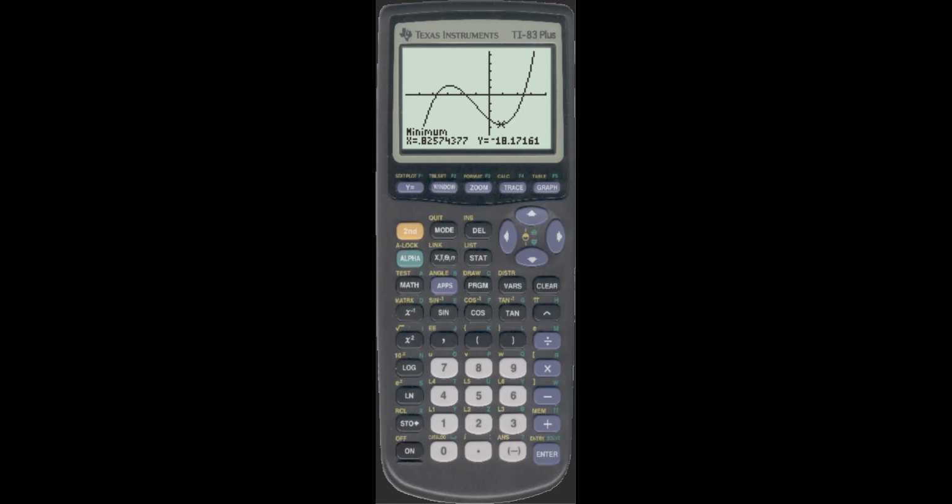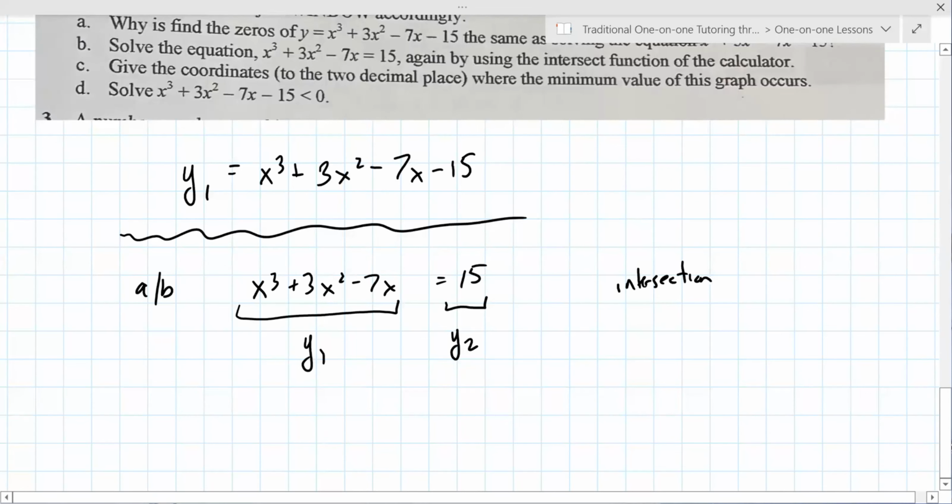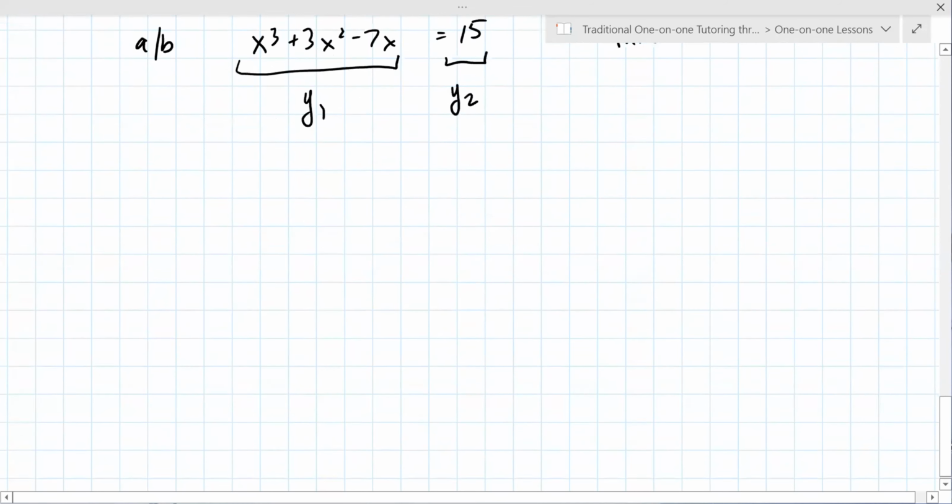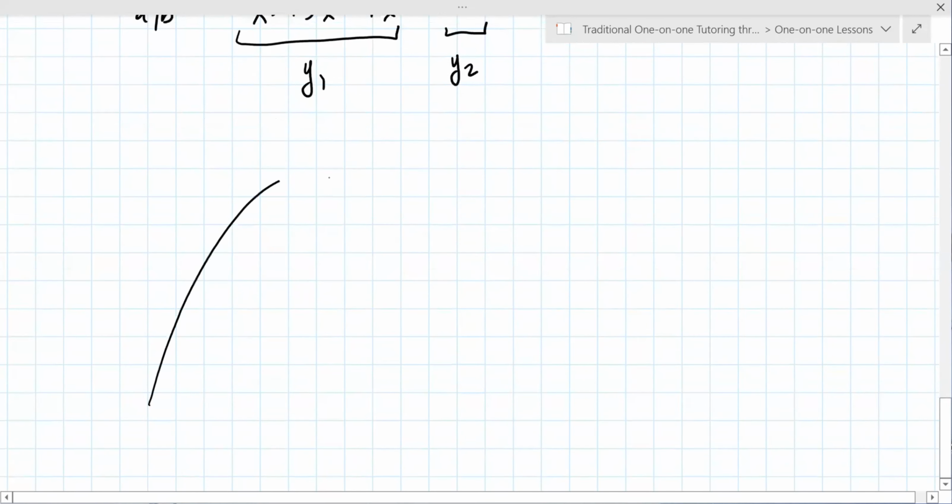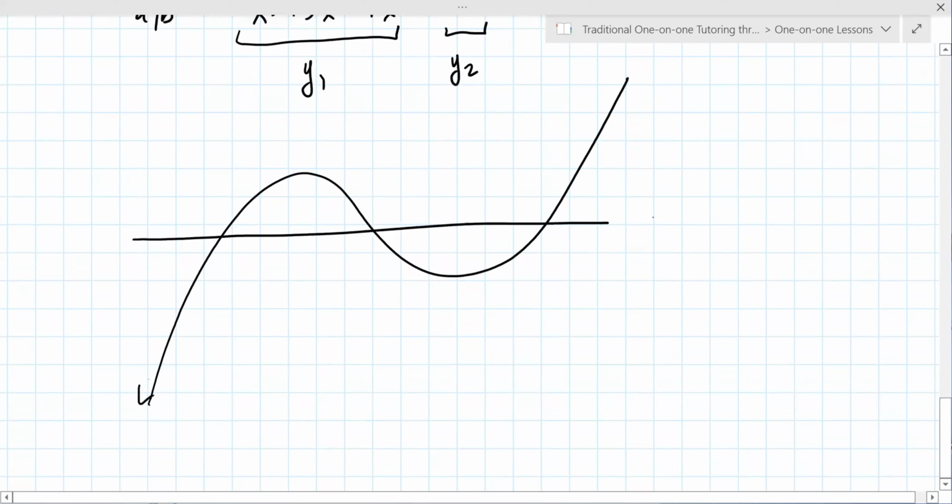Okay, so then the next, and I'm going to go back to the other screen here. The next question, part D, says to solve x cubed plus 3x squared minus 7x minus 15 less than 0. And we know that roughly the graph looks like this. Full disclosure, I didn't actually get the points, but I think this was like minus 3.80. This one was like minus,